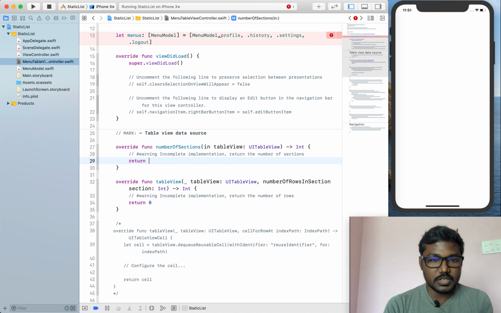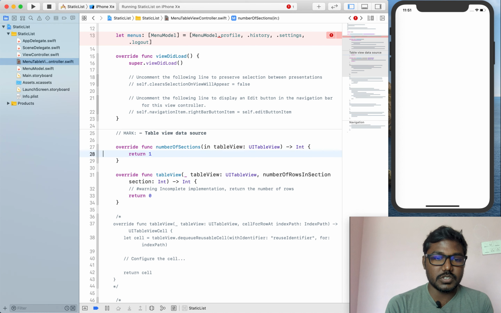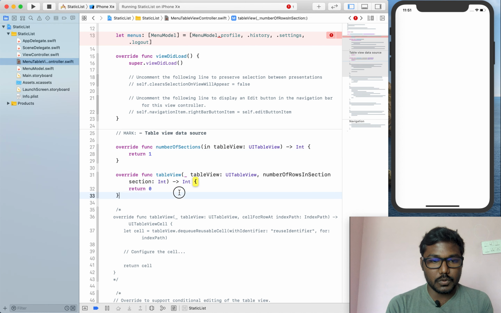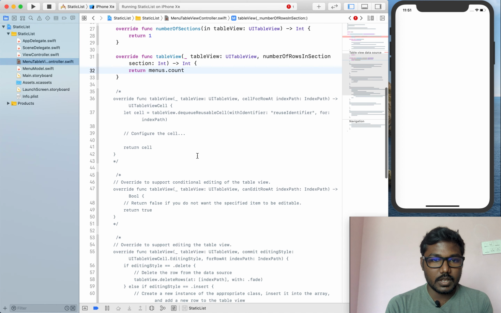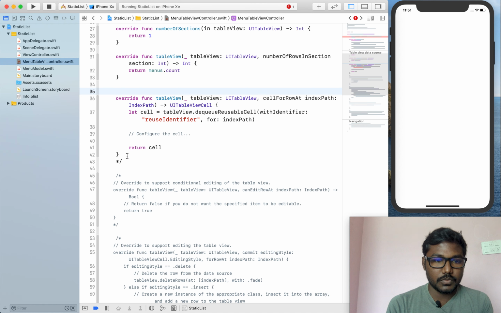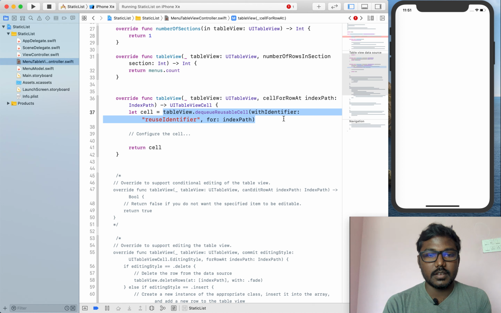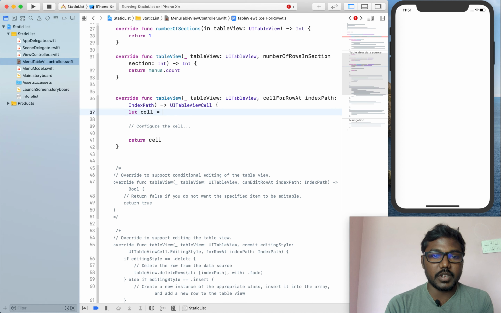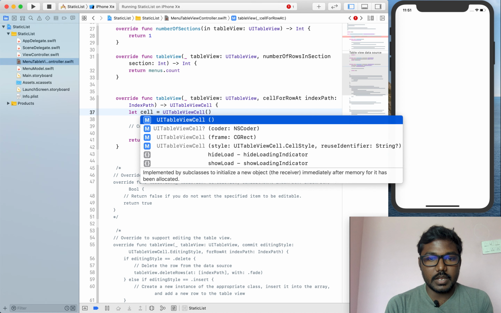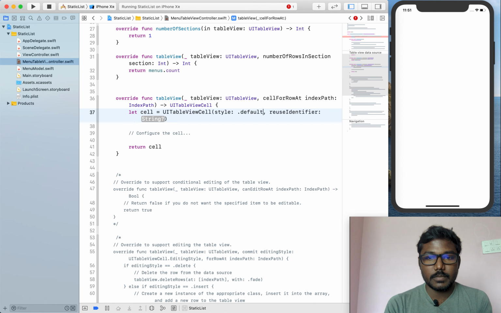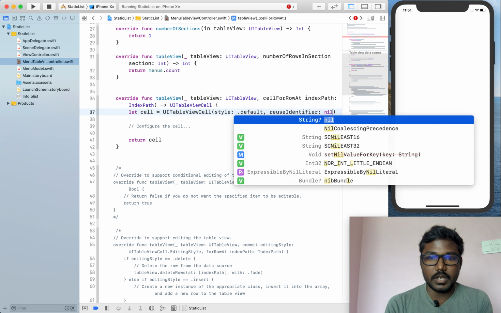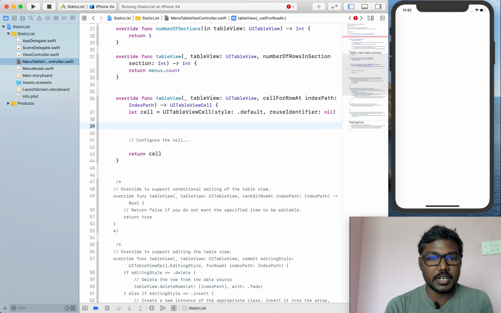Now I am changing my number of sections equal to 1, and number of rows is nothing but the menus dot count, and in cell for row, I don't create any custom cells, so I am using the UITableViewCell with default style, and no reuse identifiers.